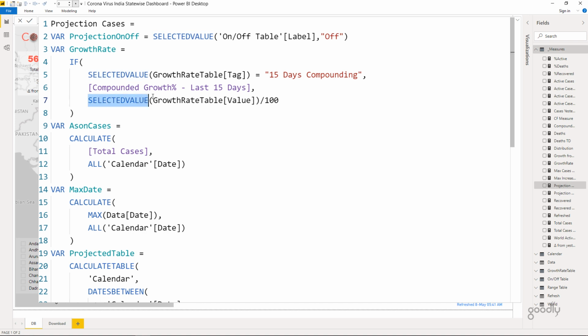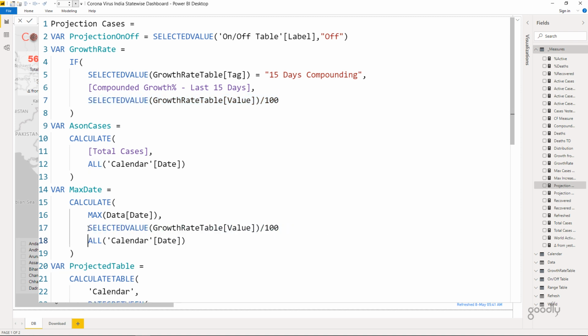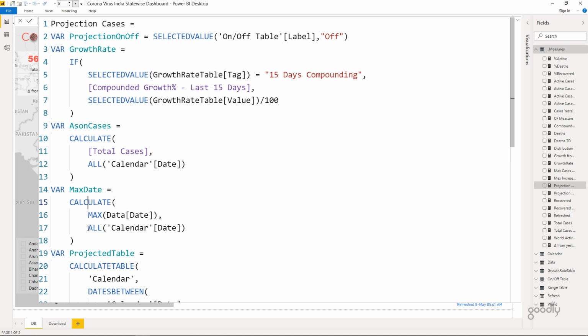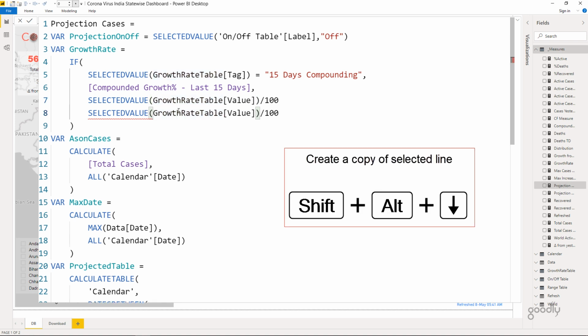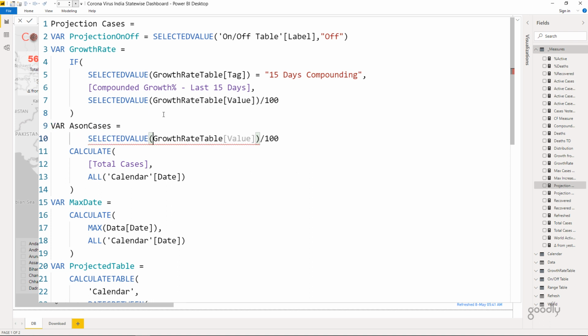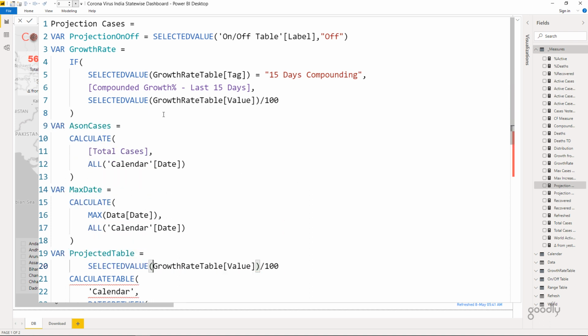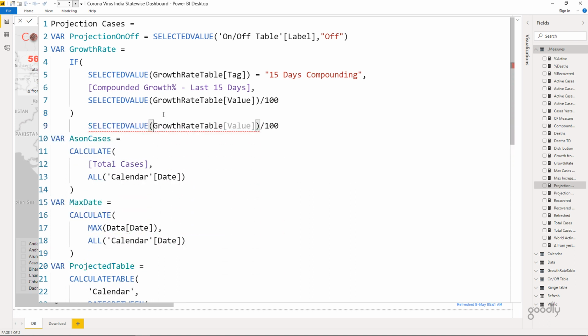Another very interesting shortcut that I use a lot is that sometimes I feel, you know what, maybe I should just copy this line and insert this line of code somewhere else in the formula as well. If you don't know the shortcut that I'm going to talk about now, you will just press Control C, and then over that place maybe you'll come here, press Control V, and then move the line downwards. So this is okay, but the shortcut that I'd like to use is, I can come anywhere between the line here, and I can use the shortcut Alt Shift down arrow, which is going to create a copy of that line, and then using the Alt down key I can move the line anywhere inside my code. So this is pretty interesting.